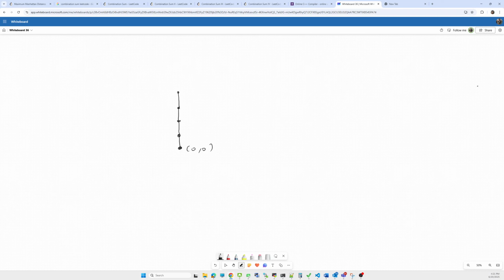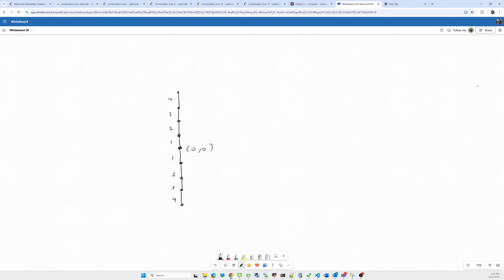Let's say this is the initial state. So in the north, 1, 2, 3, and 4, this will be the maximum going in the north side. Similarly, the maximum in the south, 1, 2, 3, and 4, let's say this will be the maximum amount every time.